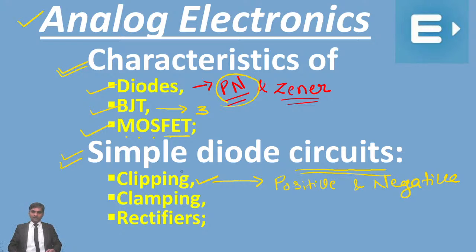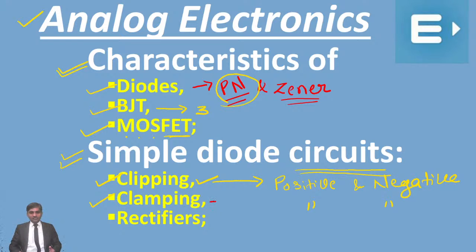Okay. Then this is the first important concept of clippers, which are diode circuits. Then we will have something called clampers. They are also the same as this. So you will have positive clampers and negative clampers, positive clamping and negative clamping. So what do you mean by the word clamping? Clampers can also be called